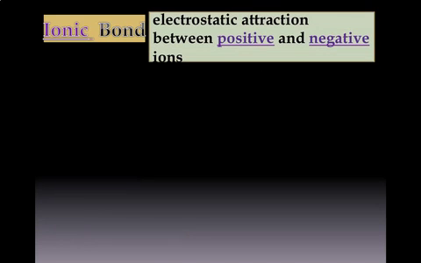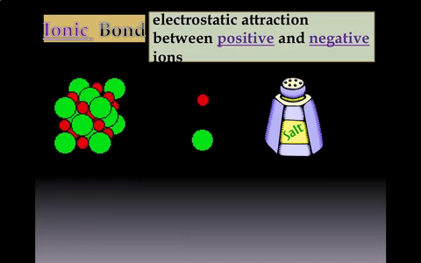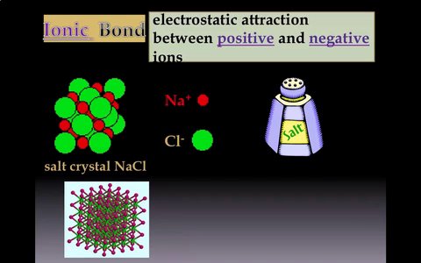So an ionic bond is an electrostatic attraction between positive and negative ions. If you think about playing with magnets and how one end attracts really closely to the other end, that's the same type of thing here when we get a positive and negative end. One example is salt, and that's a picture of salt on the molecular level. It's a salt crystal, and it forms because sodium has a positive charge and chlorine has a negative charge, and